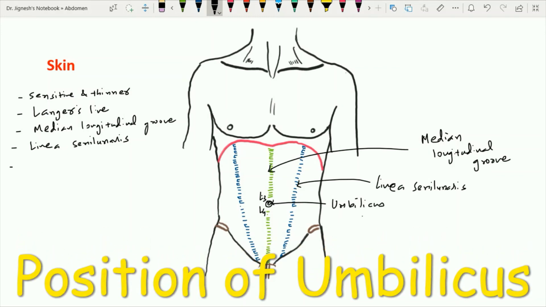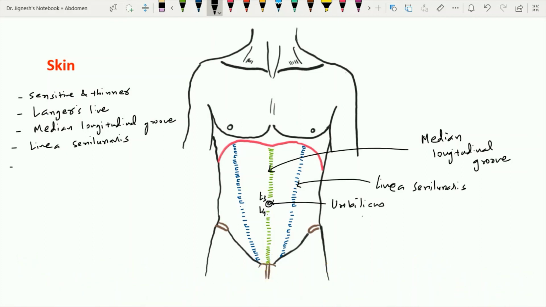The position of the umbilicus in an adult may vary depending upon the tone of the abdomen, while in children, the umbilicus is situated a little bit below because of the underdevelopment of the pelvic region, while in old age, because of the loss of tone of the skin of the anterior abdominal wall, the umbilicus looks a little bit more below than the adult position.